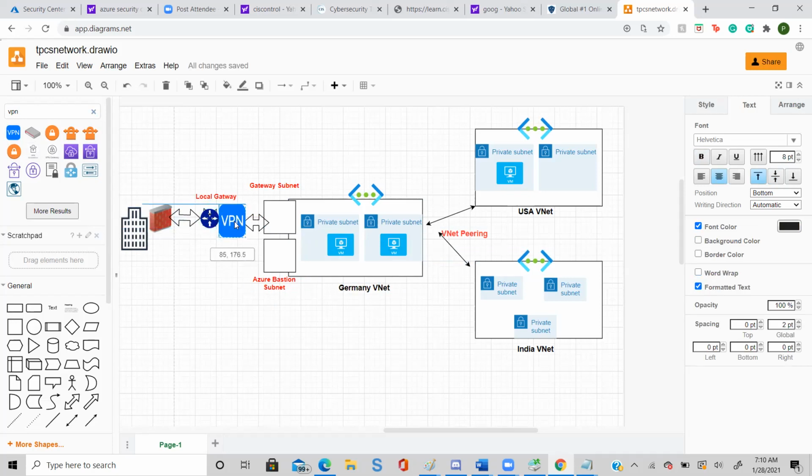This all looks perfect now. So what is the whole configuration saying? You have a gateway subnet connected to your VPN, connected to your local gateway, connected to your firewall. This is how the network configuration is done in Microsoft Azure.